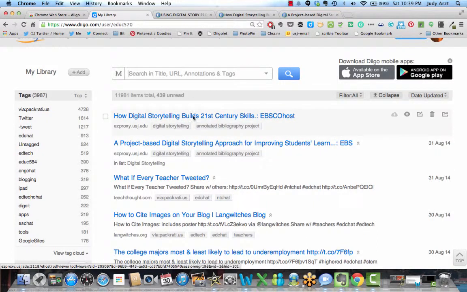Now, Diigo, at first, might seem a little hard to figure out, but once you are using Chrome, or you could also use it on other browsers, but I like using Chrome. As you can see, I have a lot of other extensions up here as well, and some sites that I bookmark that I use quite a bit. So if you want to learn more about Diigo,